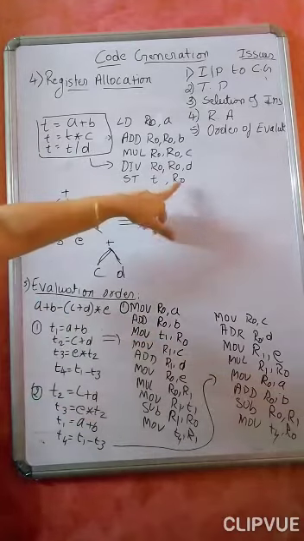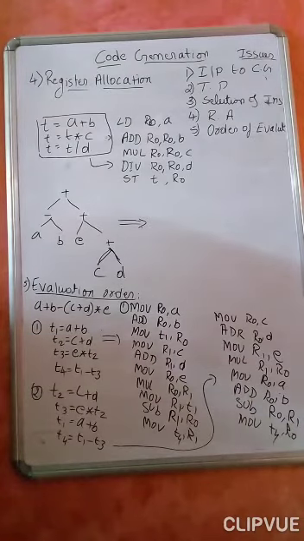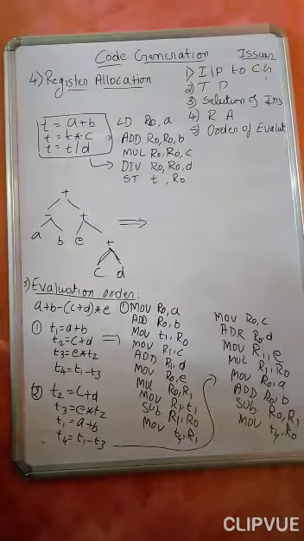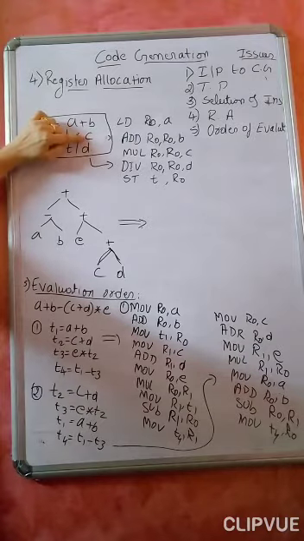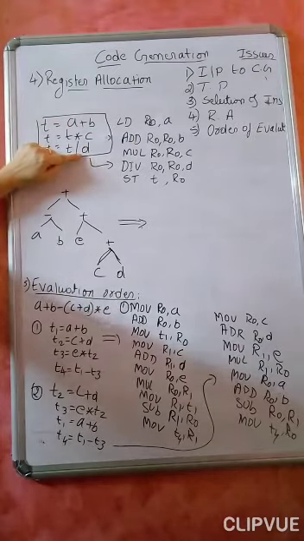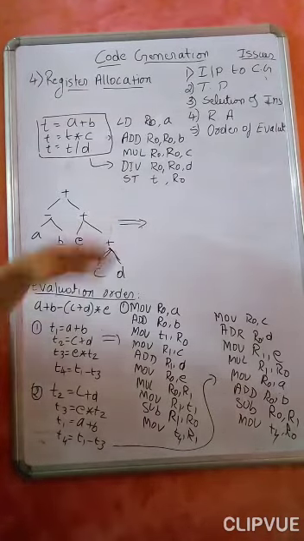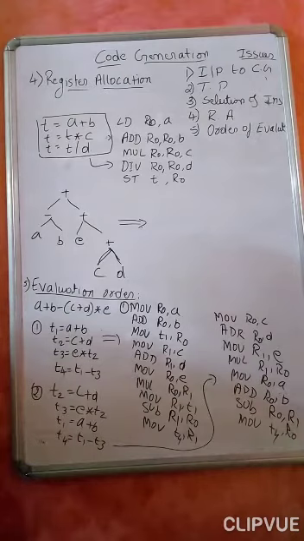Therefore I am storing whatever is there in the register R0 to the memory location, that is t. So in the entire instruction set I have used only one register. If you want, you can load this in R0, this one in R1, this one in R2. If you want, you can use 3-4 registers here. But unnecessarily we are not using the registers here. With only one single register, using only R0, we are performing the entire operation. So efficient register allocation has to be done.